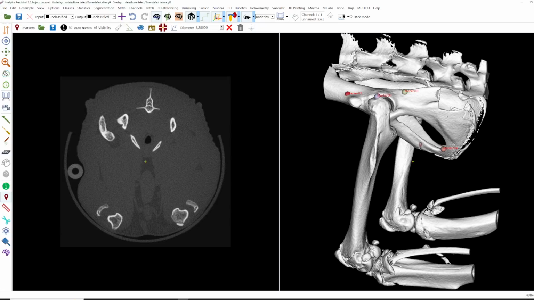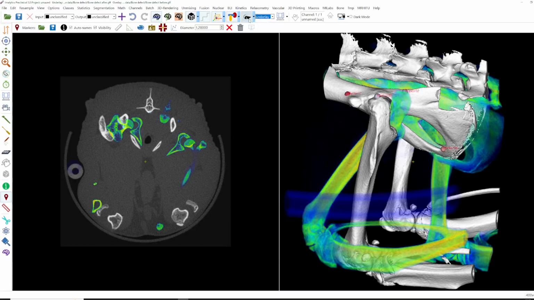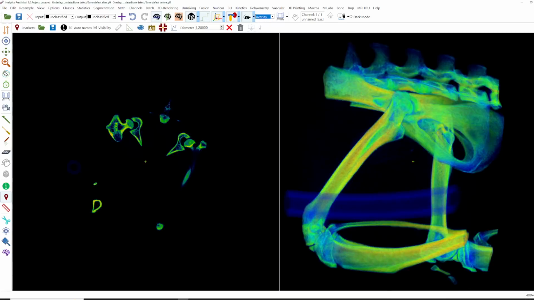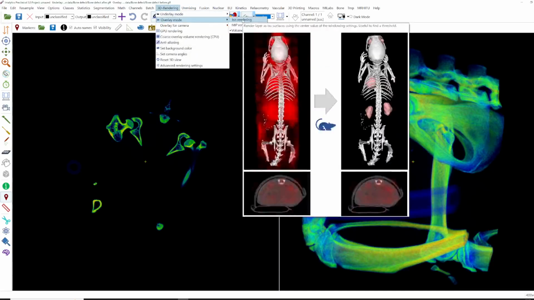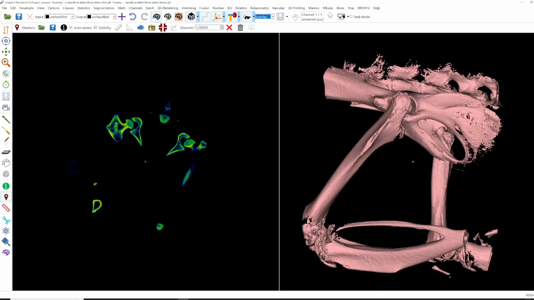Okay, now I placed 4 markers, and make sure that the markers are not aligned, because then the fusion will not work. So now I have to go to the overlay and place the markers on the same position in the same order, but I have to change the rendering of the overlay to the ISO rendering, because you cannot place markers on the volume rendering.